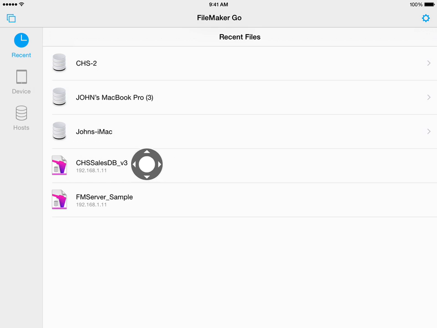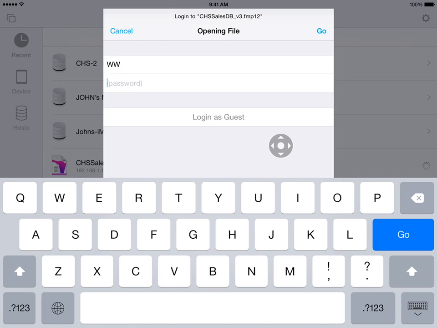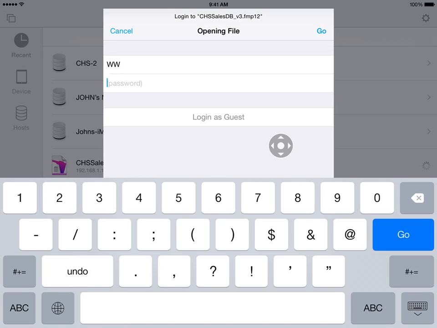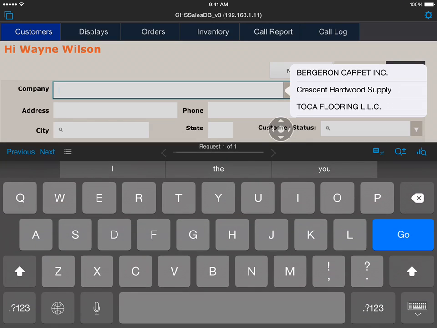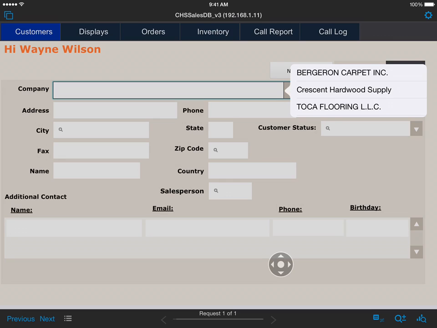You type in this CHS Sales Database version 3 file. We will pick on Wayne Wilson today. Put your credentials in and your password. Hit go, and we are in. Now we are started always by default with the customer, so you go and tap on